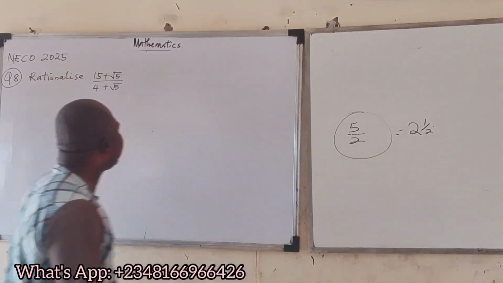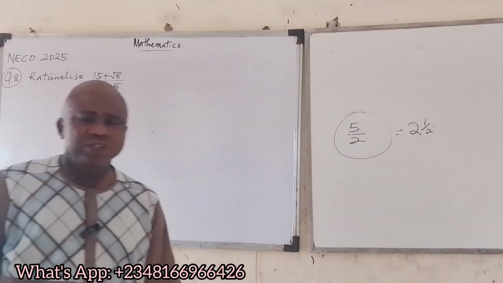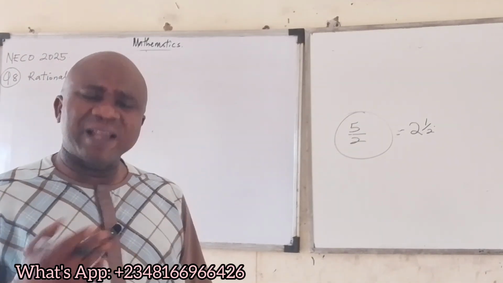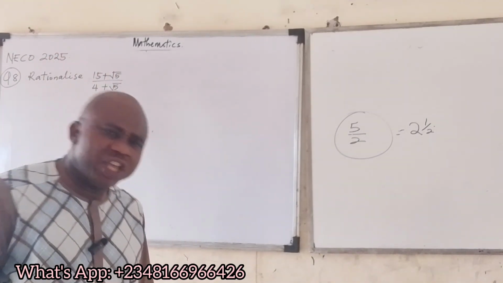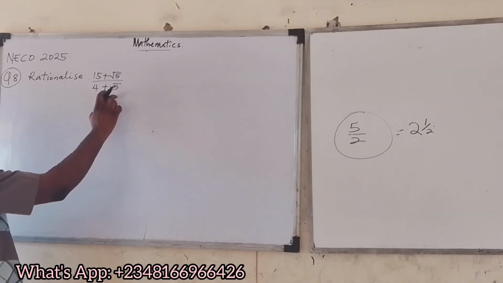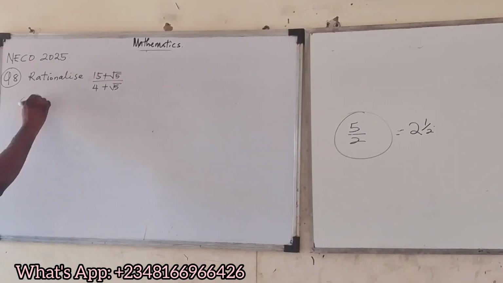So here in surds, you're not allowed to have a surd as the denominator. Yes, surds are irrational numbers, numbers that cannot be expressed in terms of a ratio. If you look at this very well, you will see that here we have a surd. Now, to rationalize the denominator, you just have to multiply this